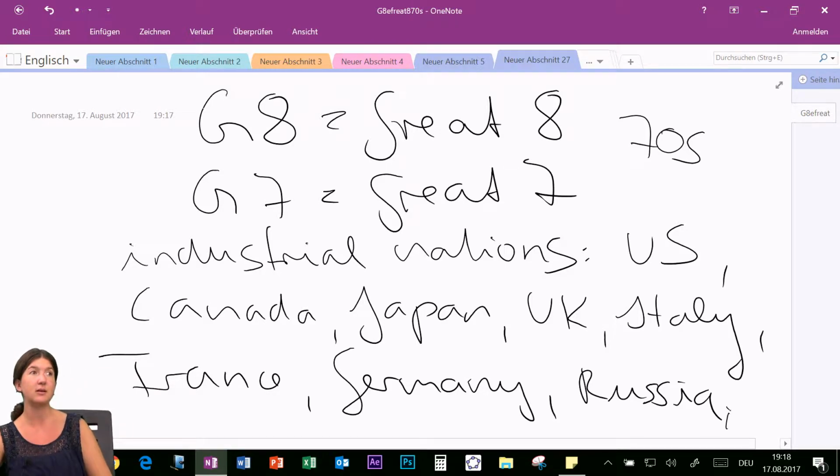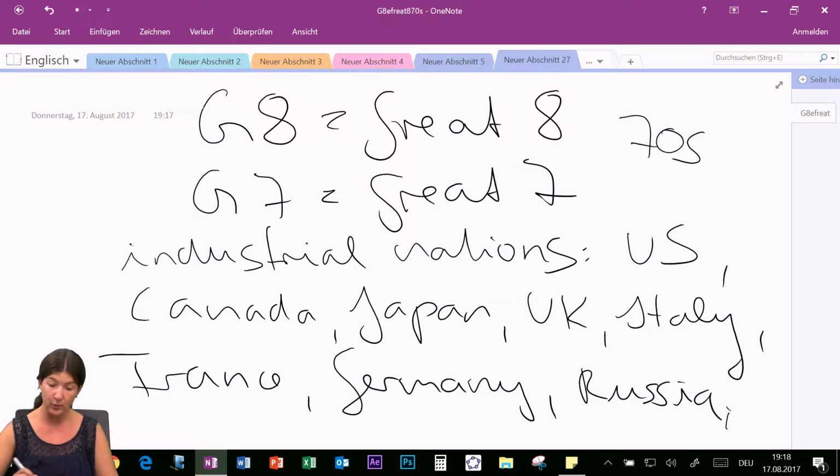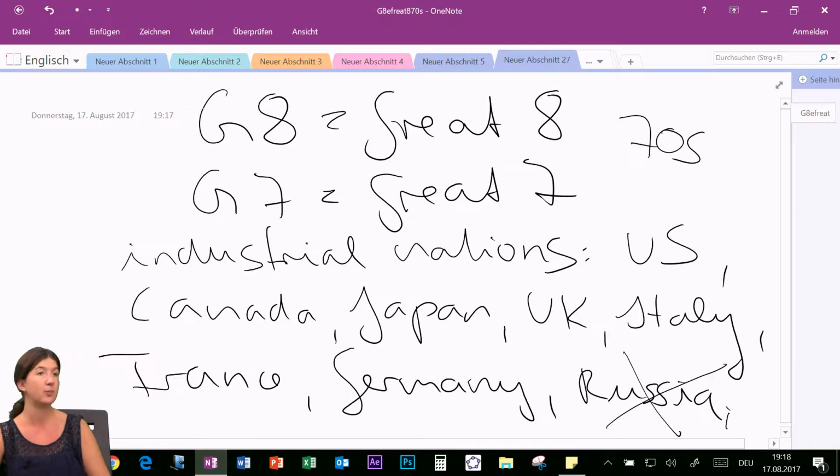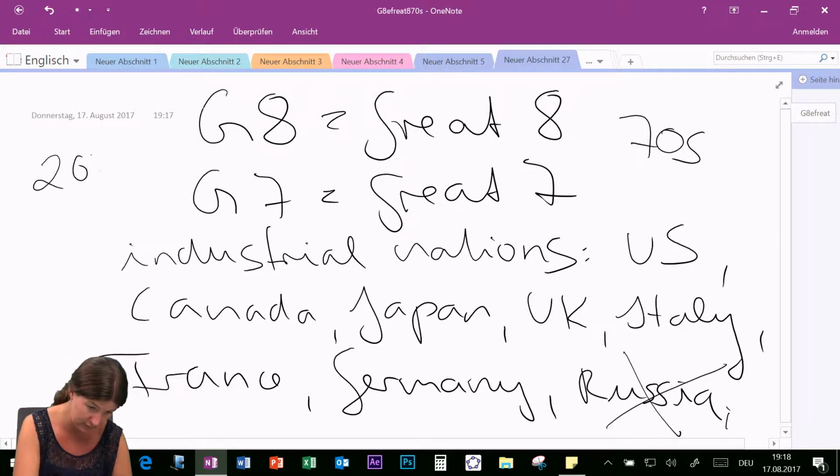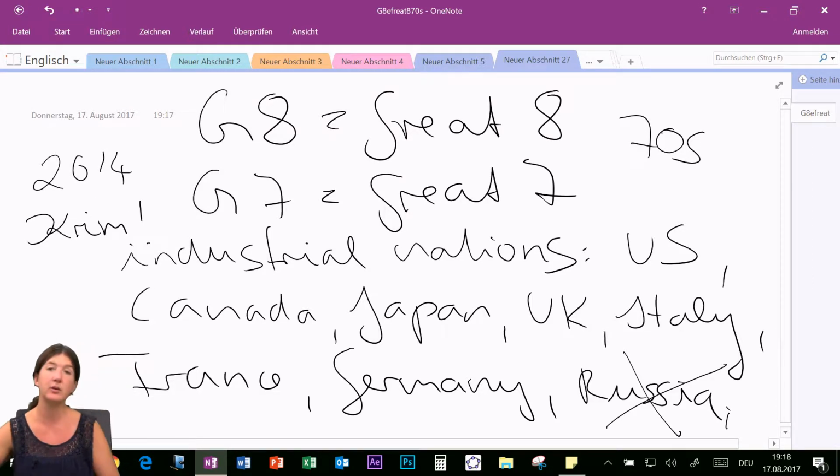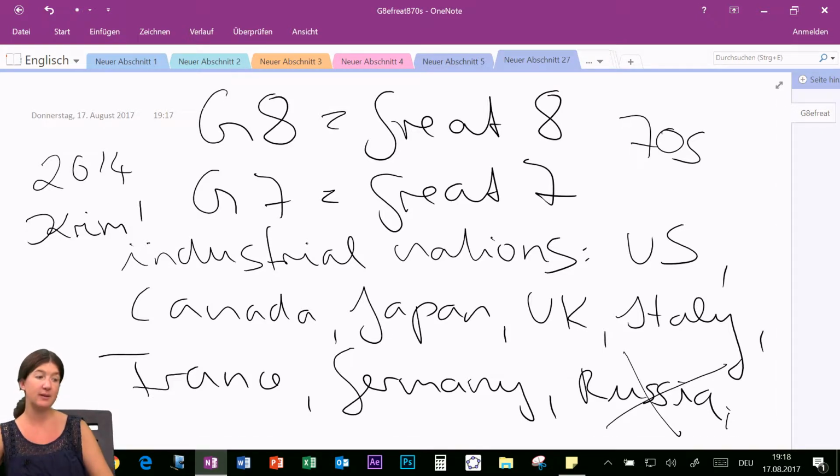I think the G8, or the concept of the G8, was founded in 1975, but I'm not 100% sure. You may want to look that up. Now it's only G7 anymore because Russia was suspended in 2014 after what was in the news as the annexion of the Crimea. So the G8 basically decided that Russia cannot play a role in the game anymore